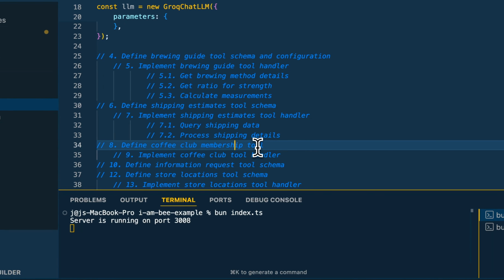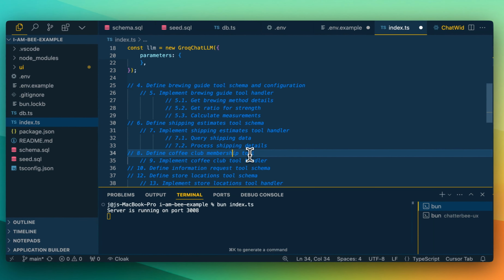What we're going to do is declare a handful of dynamic tools. Dynamic tools are effectively, you can think of them as functions that are mapped with natural language so LLMs understand